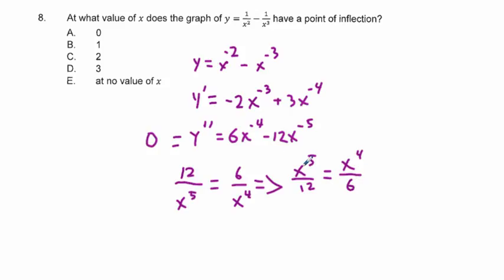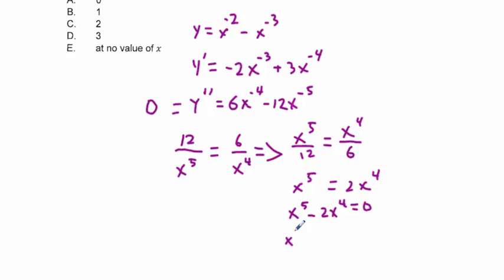And if we cross multiply here by 6, we're going to have x to the 5th equals 2x to the 4th. And if we set this equal to 0, we have x to the 5th minus 2x to the 4th is equal to 0. Our common factor is going to be x to the 4th, and we have x to the 4th times quantity x minus 2 is equal to 0. And so